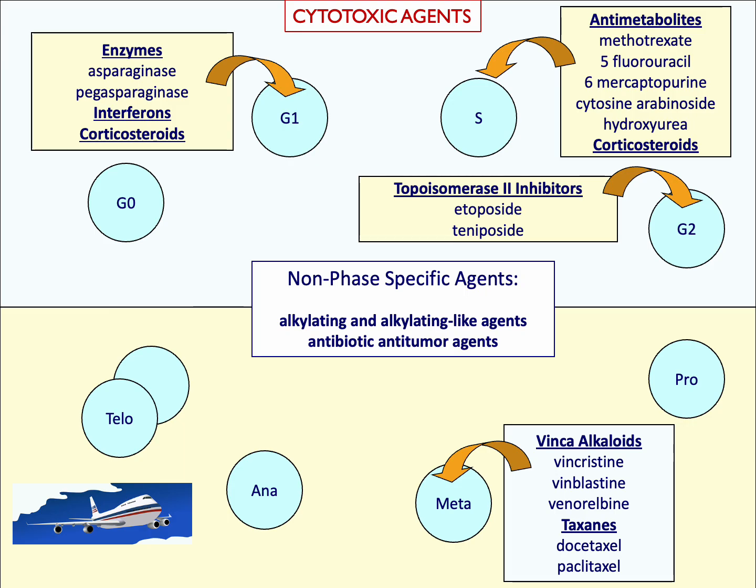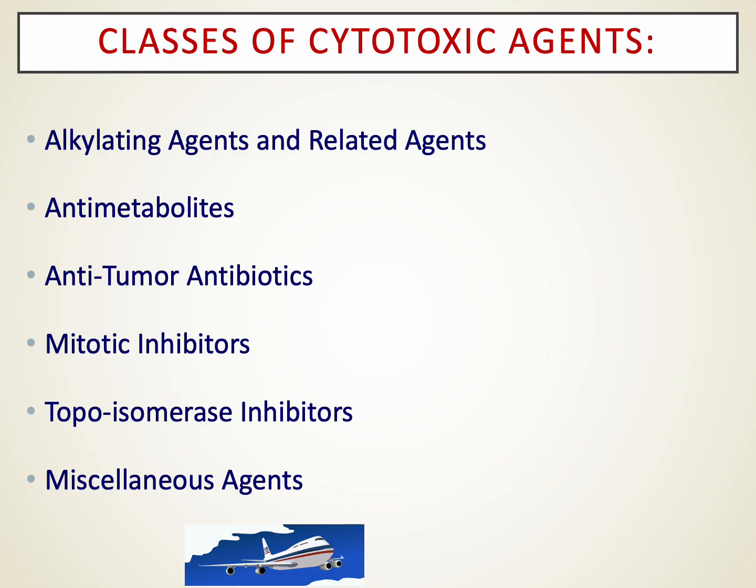cell replication. The older cytotoxic agents are often broken down in different ways. One is by their class: the older alkylating agents, the antimetabolites, the anti-tumor antibiotics, the mitotic inhibitors, the topoisomerase inhibitors, and then a group of miscellaneous agents. Again, these agents are still used in practice, maybe less so than we used to, but there are some that are still pretty commonly used in regimens,